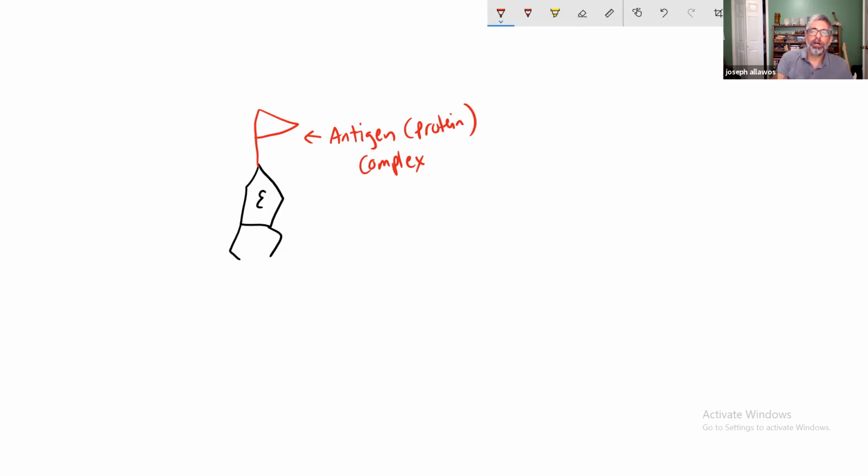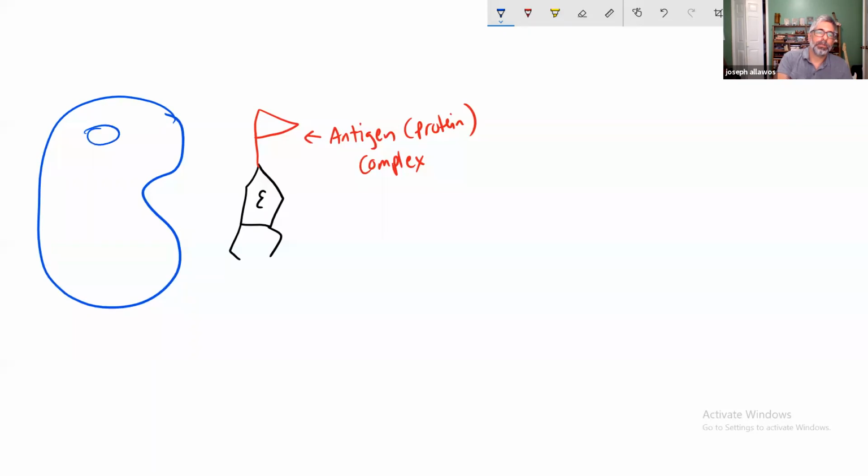So along comes a white blood cell, like a killer T cell. It's flying the flag of the self, right? And we'll let this be a killer T lymphocyte. What these killer T lymphocytes do is literally roam around the body looking for things that don't belong. How do they know it doesn't belong? They look at its flag. Before you're even born, your immune system is developing, and your immune system starts to make a list of self proteins. So this represents the self antigens,